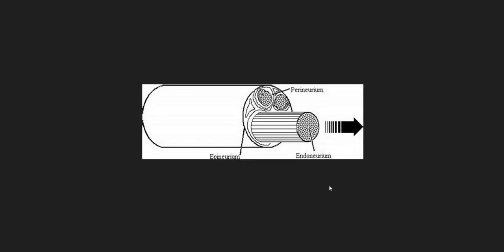And then basically what we're seeing projecting here is a nerve fascicle, a bundle of nerve fibers or nerve filaments. And so each of these individual nerve filaments is going to have a little connective tissue membrane called the endoneurium. So this should look very similar to that organization of the muscle system and the muscle membranes. What that looks like histologically